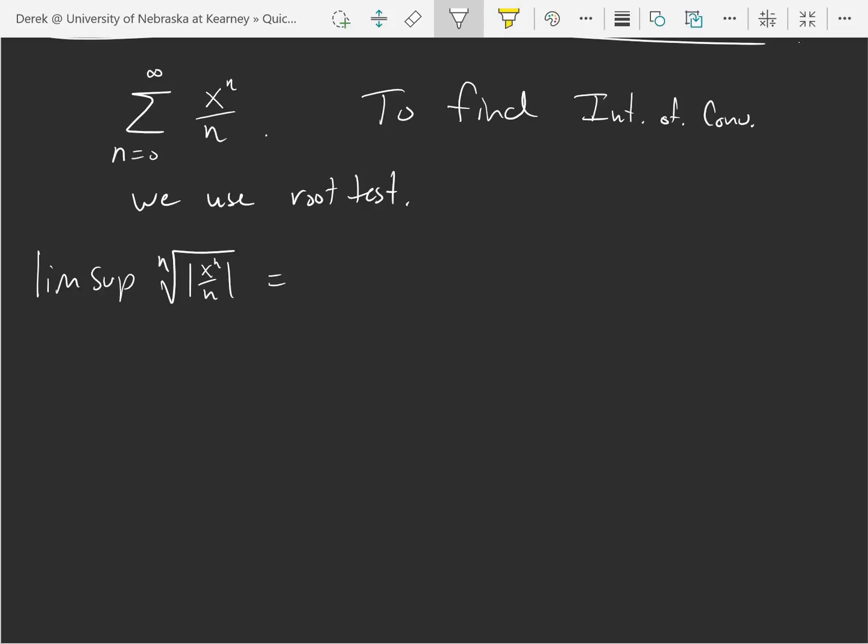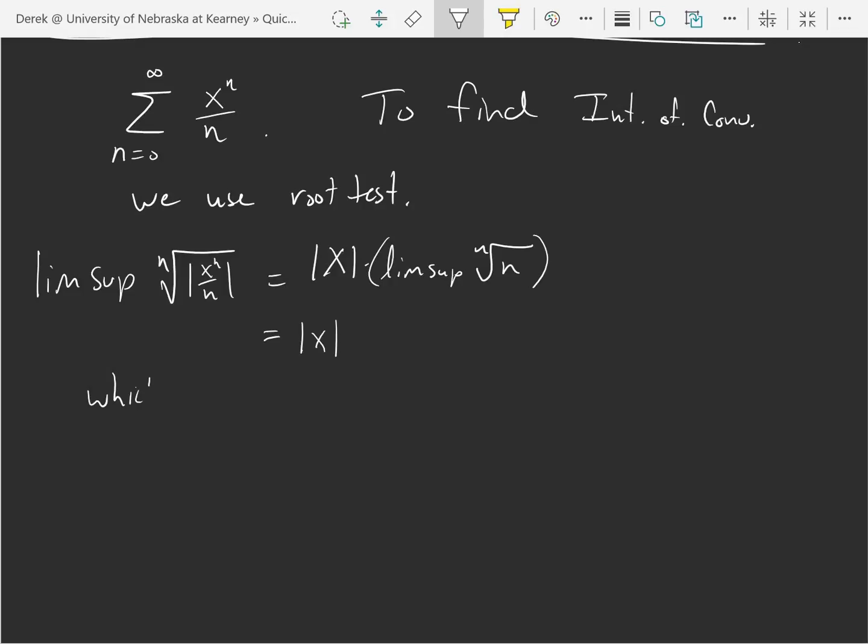Well, this is equal to the absolute value of x times the lim sup of the nth root of n. This is one of our common sequences. The nth root of n goes to 1, if you recall. So this is equal to the absolute value of x,